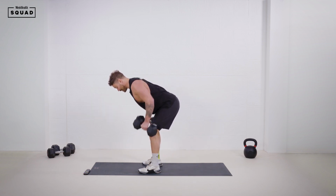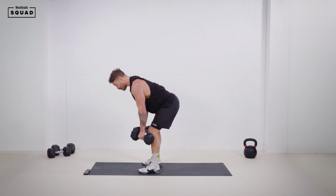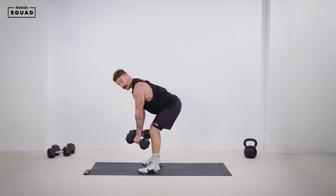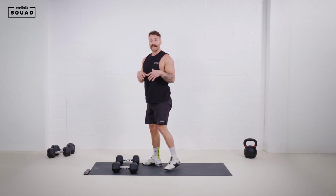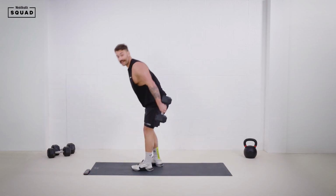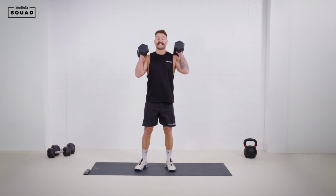8 to 15 reps. Again, I'm not really pushing to failure. The last reps don't look like a big struggle. Nice, strong reps, from a dead hang with the arms, rowing up to the hip. On that second minute, as soon as I've done my 8 to 15, I'm going to take the dumbbells, or keep them in my hands if I can. I'm going to pull them up onto my shoulders, and we're going to do 8 to 16